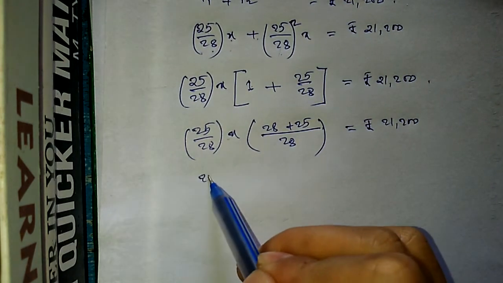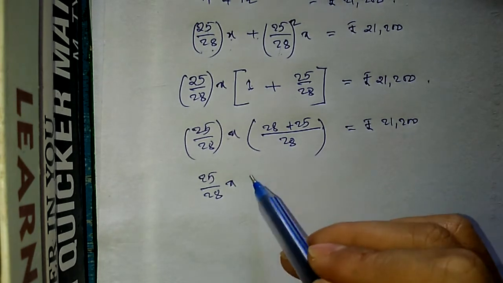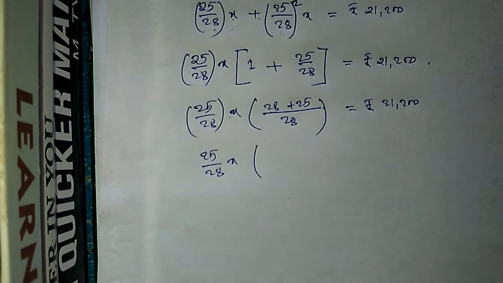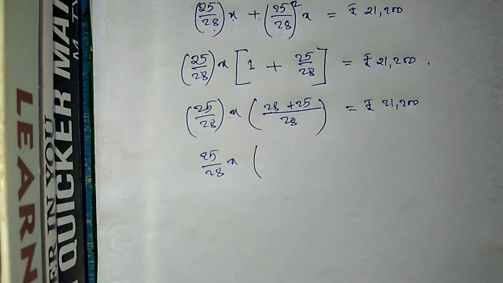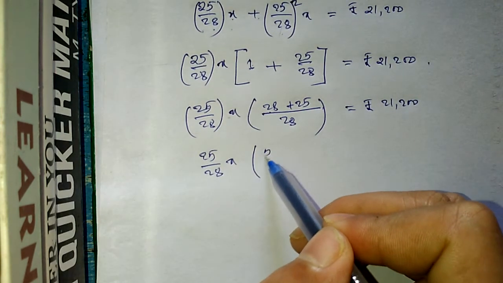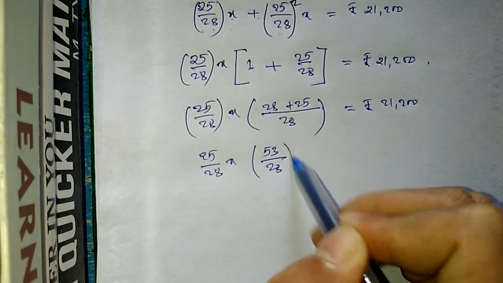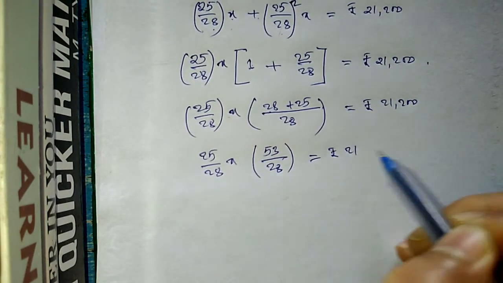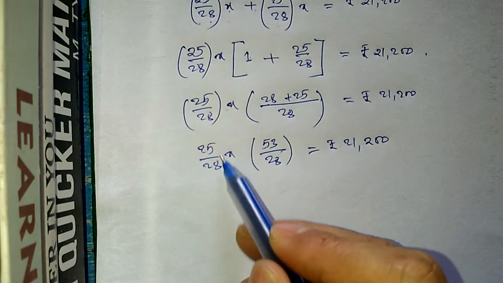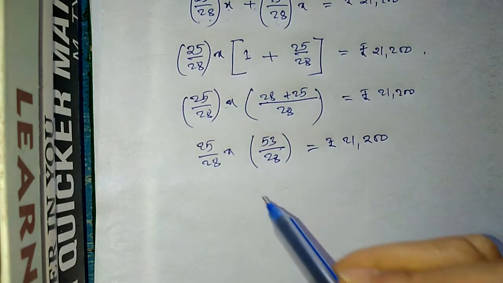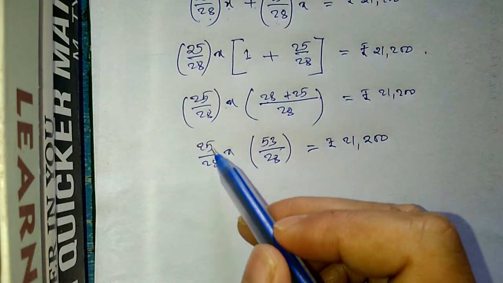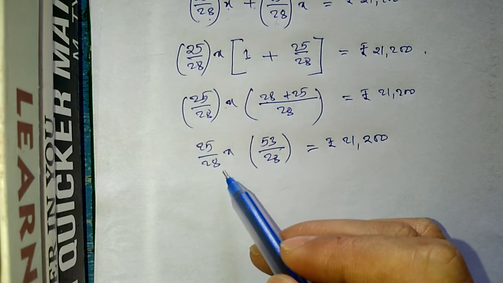Then 25 by 28 x, add this: 25 plus 28. 25 plus 28 is 53 by 28. Okay, 53 by 28 x equals rupees 21,200. So to get this x value, all this fraction we have to shift to the right side. On changing their position, taking the left side values to the right side, the denominator will go up and the numerator will go down. Okay? x is equal to rupees